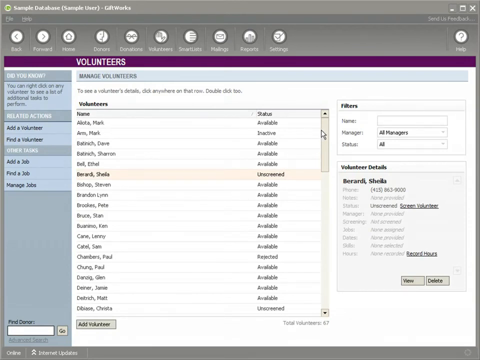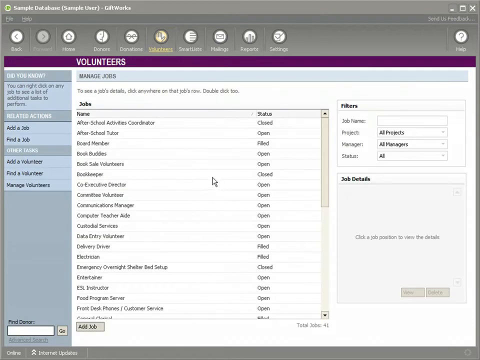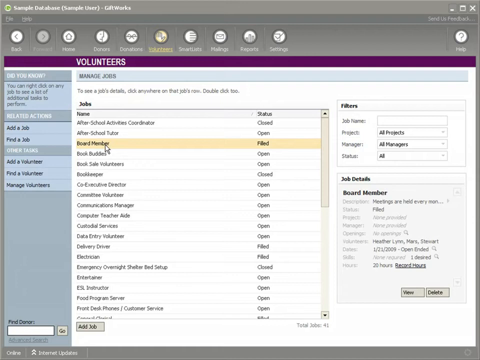I can also, let's say, go over to the volunteers. If I go to manage jobs, let me find a job that's already filled. So if I find a job that's filled, we don't need anyone else in this job. If I go to assign someone to the job,